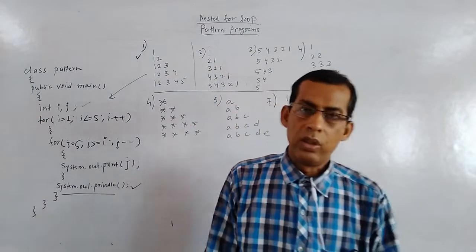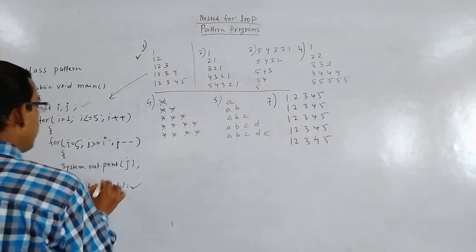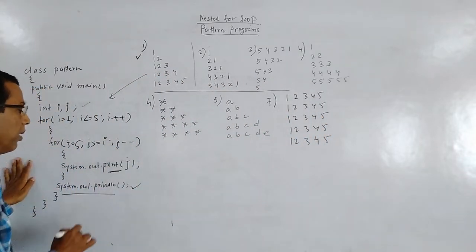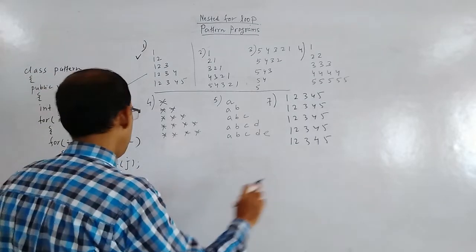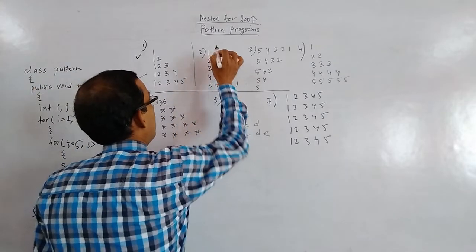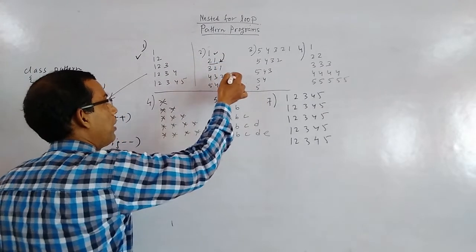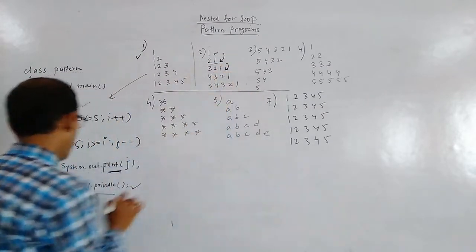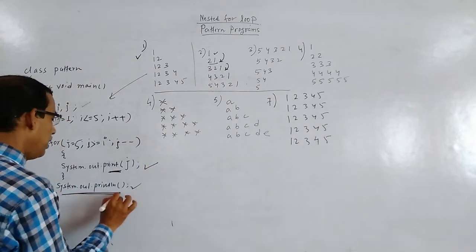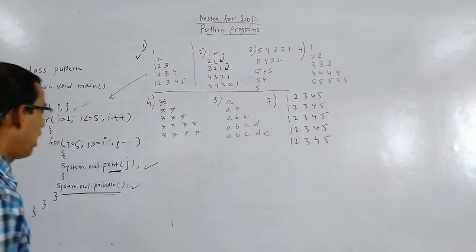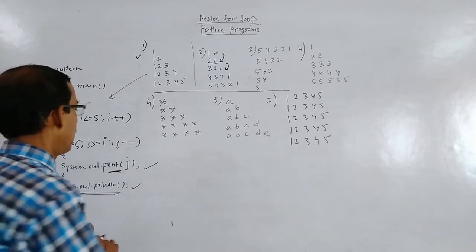Okay, one more thing I want to discuss here. You can see here I am writing print, not println, because you are printing the values in a row. See, the first time it will print 1. After printing, the cursor should come down. Then it will print 2, 1. After printing 2, 1, the cursor should come down. So this line is used to print the values in each line, and this line, System.out.println, is used to bring the cursor to the next line.